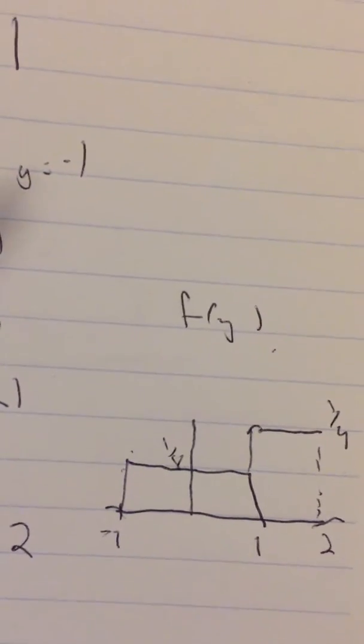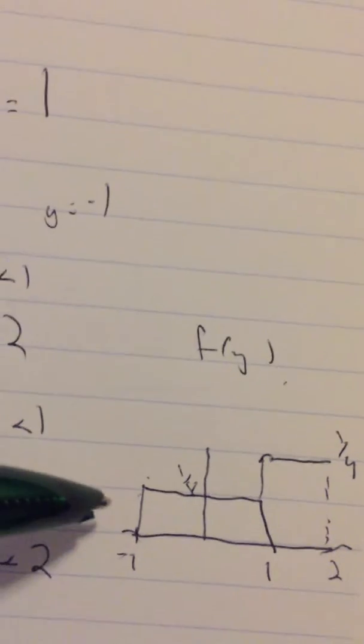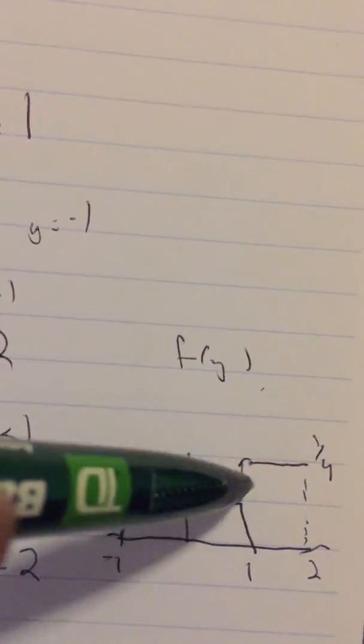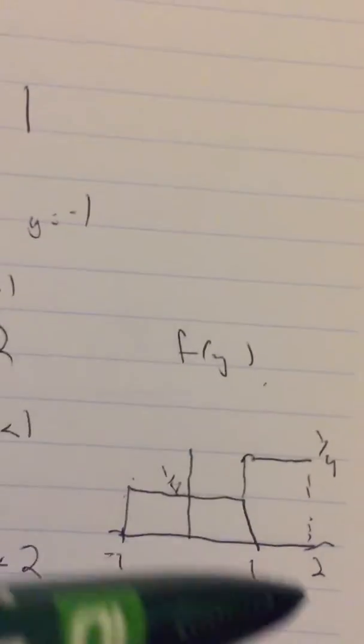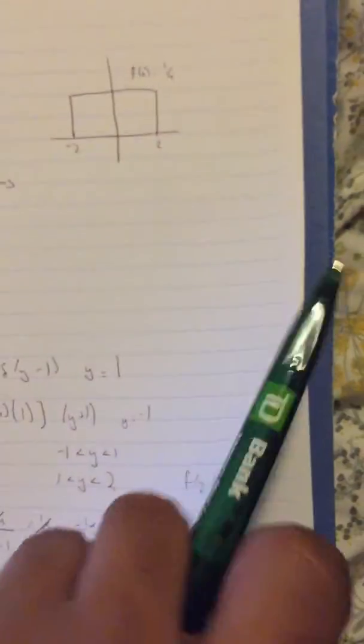And the graph looks like this. As you can see, it starts at -1 here at 1/8, and then goes all the way up to 1/4, and it's right there till 2. And that is f of y. Now, you have to find